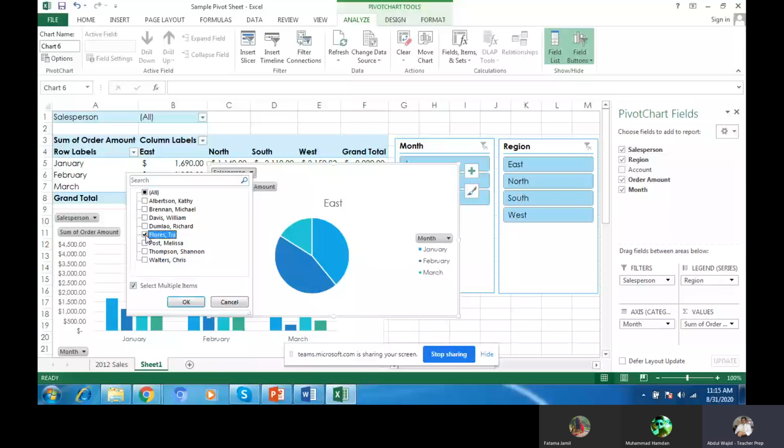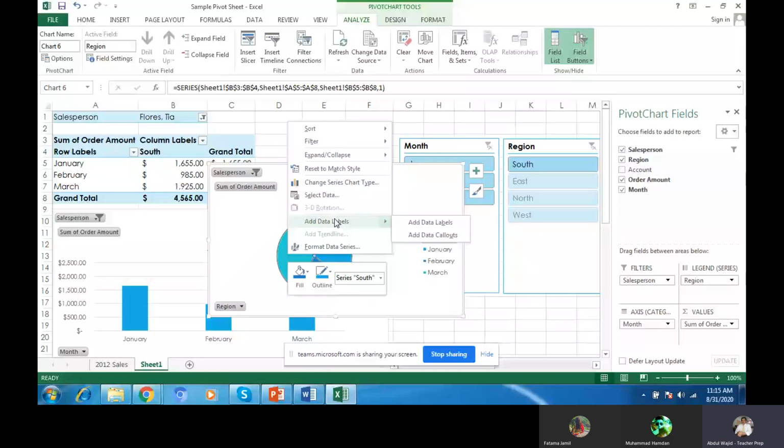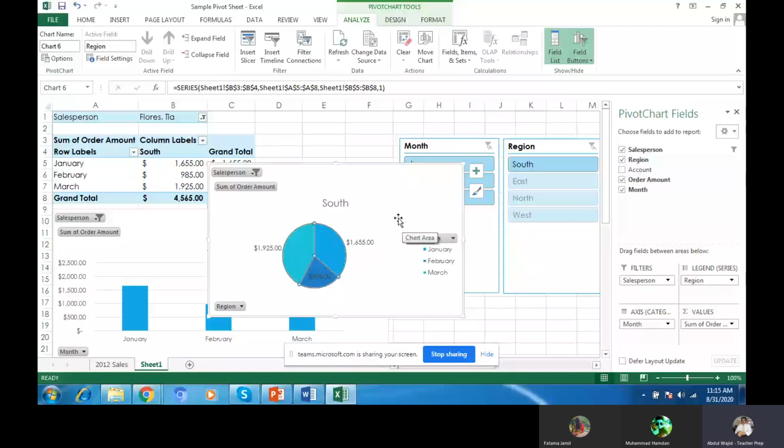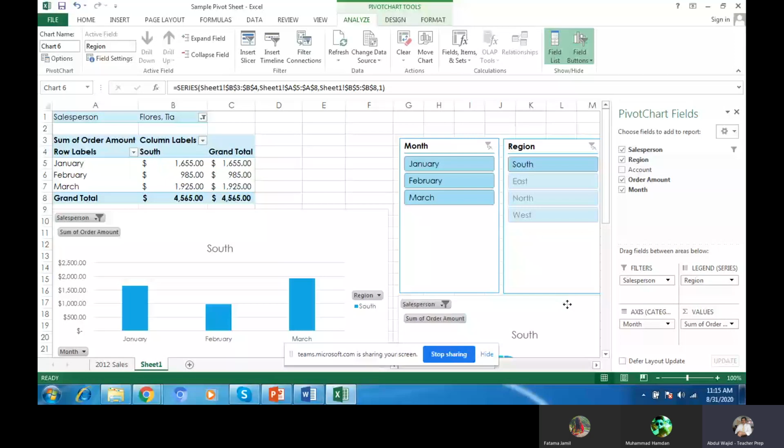Now if you want to display the amount, you can, right. You can add the label, right. Now you will drag down to a specific portion, right. Yes, we drag there.